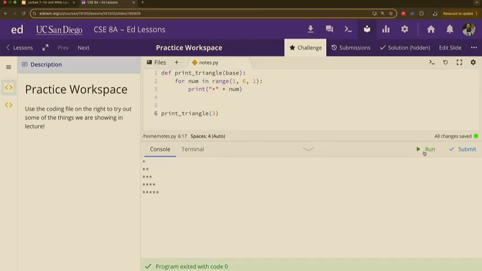Here I put 3. We're never using base inside the function. We are hard coding. That's a term that we use in computer science. Hard coding is when you have this variable that you could use, but you're actually not using it at all, and you're putting a fixed number in there. And this fixed number, we put a fixed number of 6. So instead of 6, we could put the base, right? So we want to start off at number 1 and go all the way until we get to the number base, right? So let's try that out.